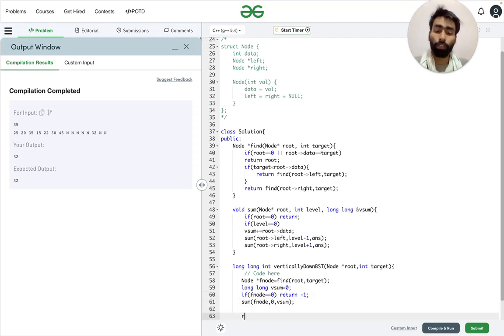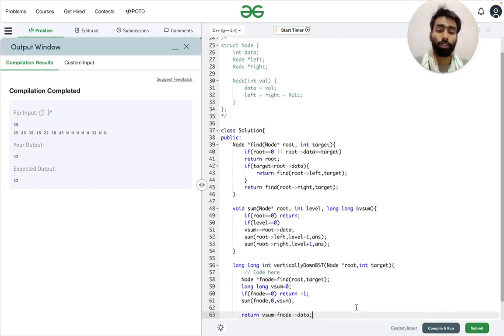After the sum is calculated, we need to just return the sum. The real value of the sum will be calculated from vsum minus the data of the target node.